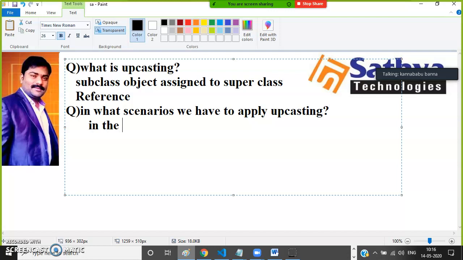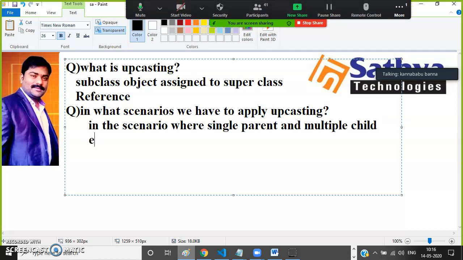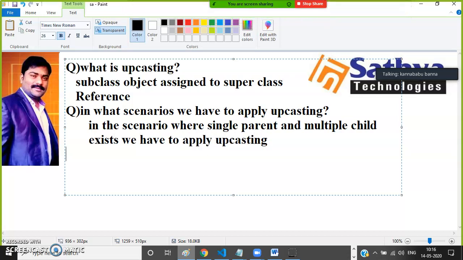Simply you can say, in the scenario where a single parent and multiple children exist, we have to apply upcasting. What do we apply, all of you? Upcasting. One parent and multiple children exist, in that scenario we apply upcasting. Here I have one class A, here class B, here class C, here class D.